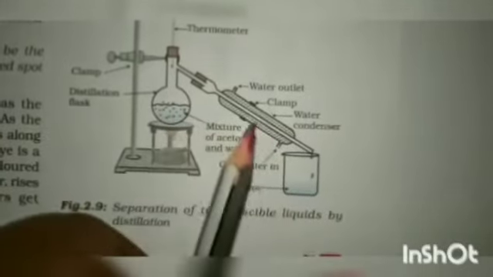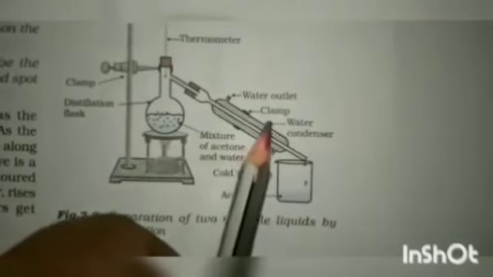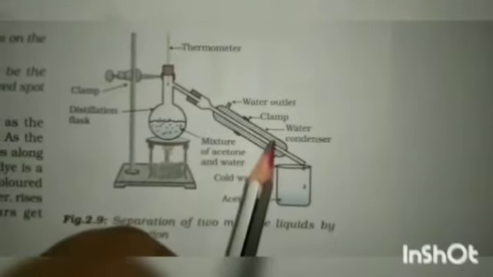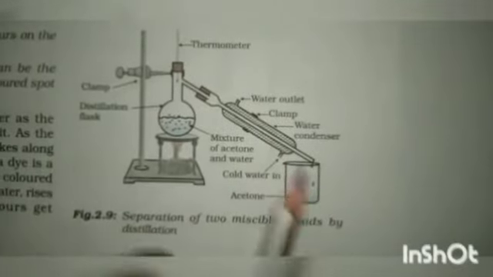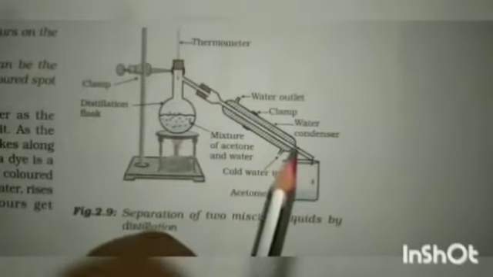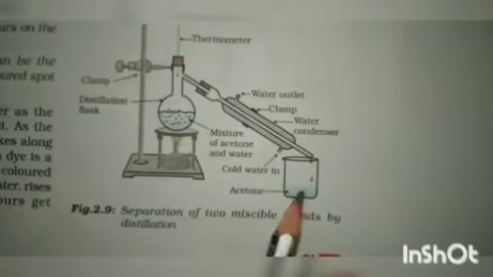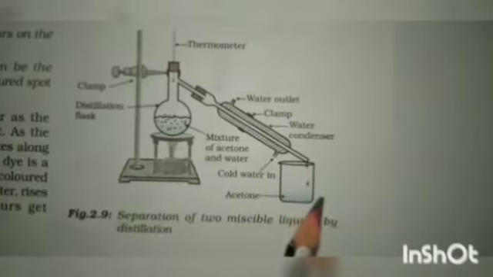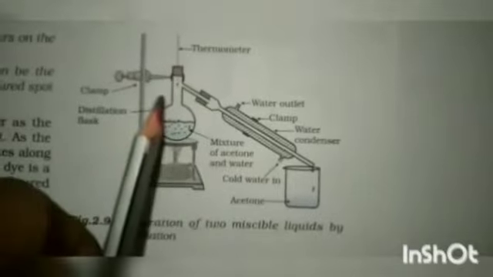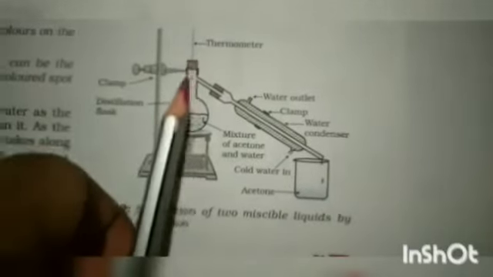And so the acetone vaporizes, condenses in the condenser, and finally it is collected from the condenser outlet. Okay, it is the condenser outlet, and the acetone is collected here, and here water is left behind in the